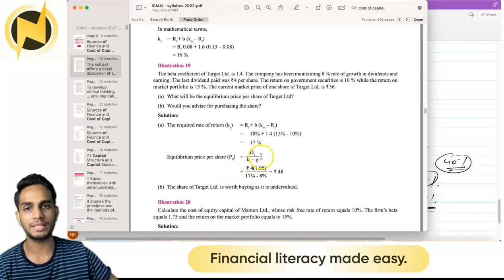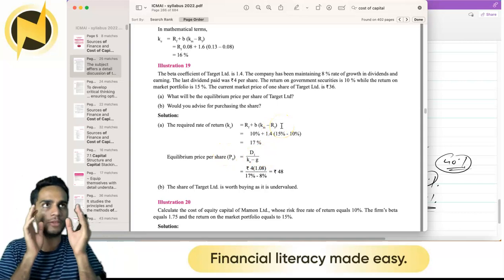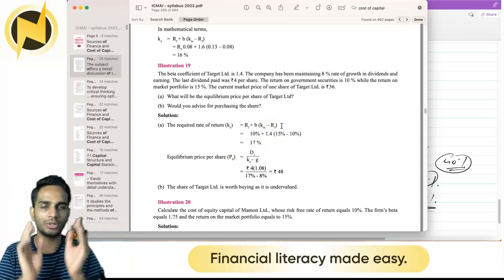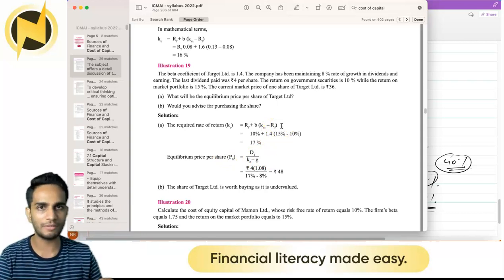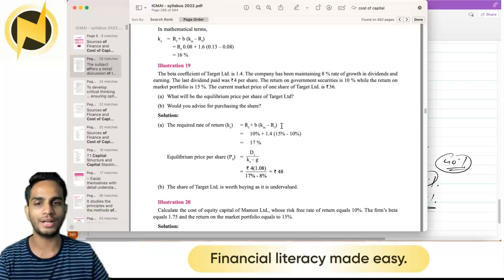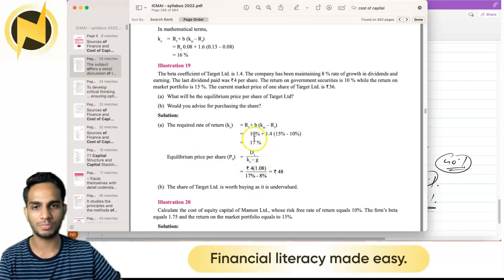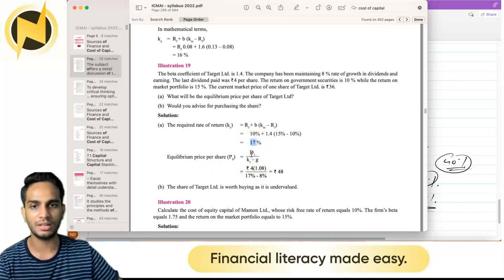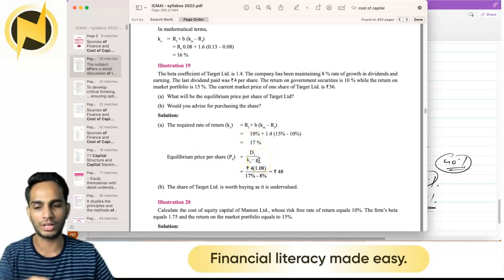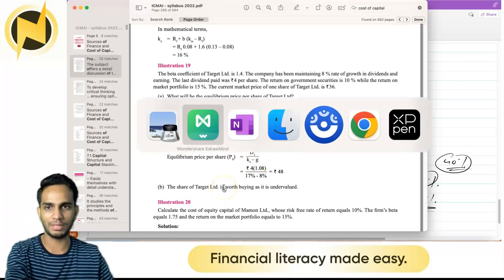Equilibrium price is pretty basic. You take the new dividend, that's a grown dividend. You have the old dividend, you have the growth rate. So D plus growth, you will get D1, how we found out earlier. So you find out D1 divided by cost of equity. You know the cost of equity from the previously calculated 17 here. That's 17 minus whatever your growth rate is. Okay, so for example,